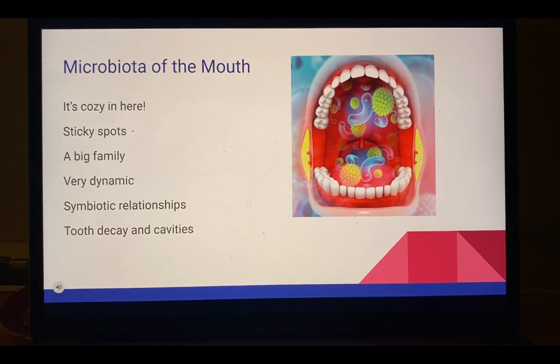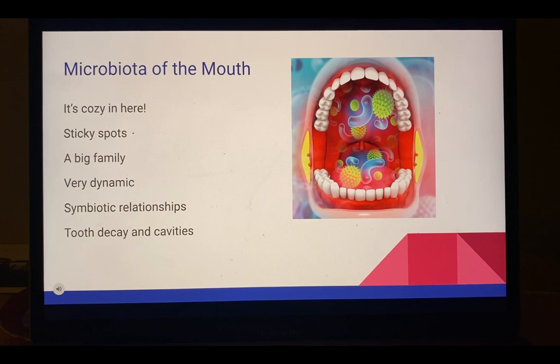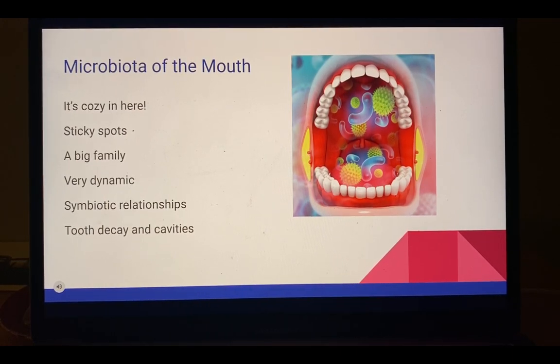Bacteria, protozoa, fungi, viruses, and archaea are all found in the normal microbiota of the mouth. There are almost 1,500 total genomes in the oral cavity, including 700 identified species of prokaryotes, both gram-negative and gram-positive bacteria. The microbiota in the mouth is very dynamic. It's impacted by the frequency at which food is consumed, changes in the pH, interactions among bacteria, and in the long term, gene mutations and horizontal gene transfer between bacteria.